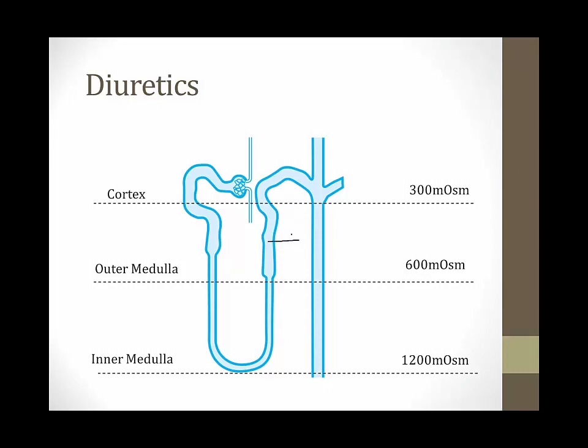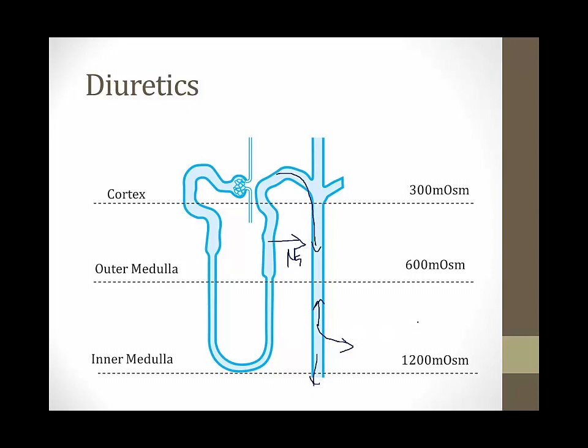Recall that loop diuretics block sodium resorption in the thick ascending limb. This means that more sodium will go to the collecting duct and therefore go out in the urine. It also means that the osmolality in the collecting duct will be higher and therefore less water will be drawn out. However, there is a second effect of loop diuretics that you need to always remember, and that is that